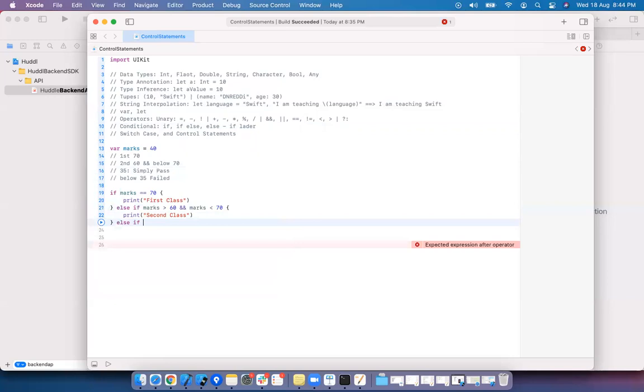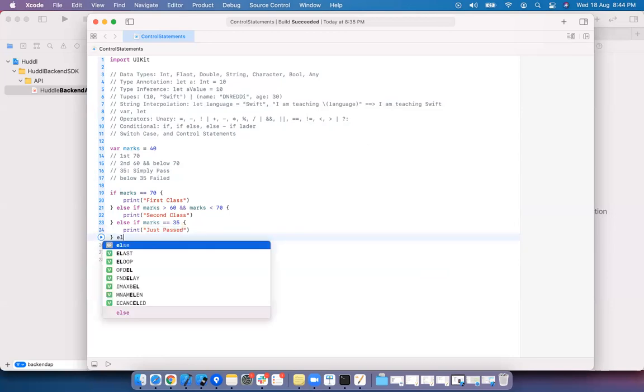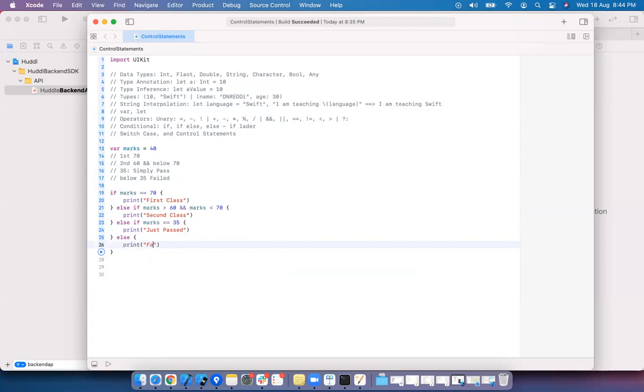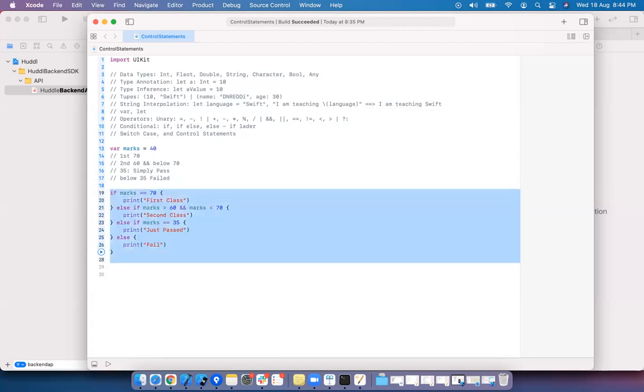Else if marks equal to 35, I can print just passed. Else, in the normal condition, fail. Here there are many conditions and it looks clumsy. It is not that neat to read and understand.